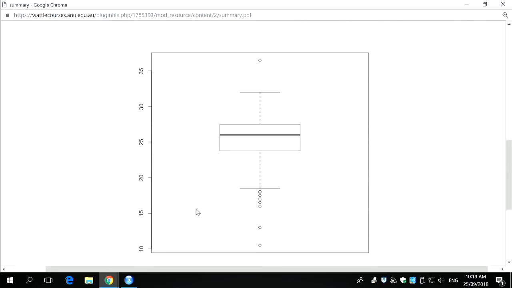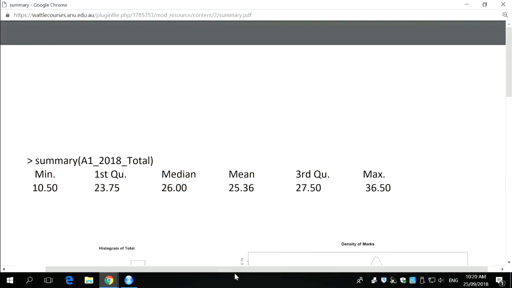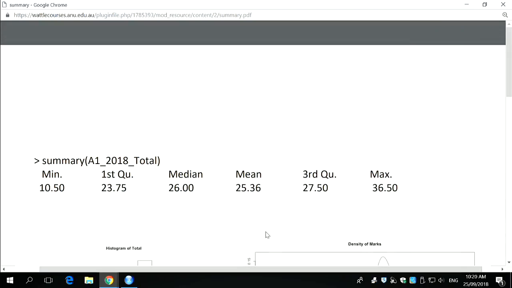There's the box plot. Look, it's not bad. There are some outliers, but these outliers are people who I think, having got the first assignment back, will go, okay, I need to do better, and we'll think about how to do that in the next assignment. Okay. Now, questions. Ask me what you want about that.